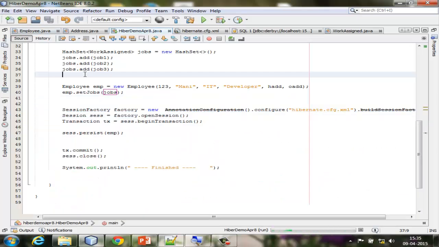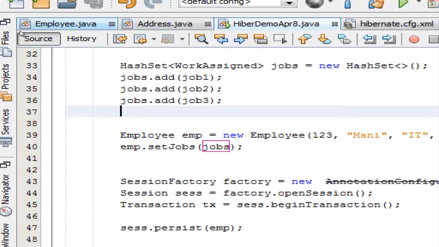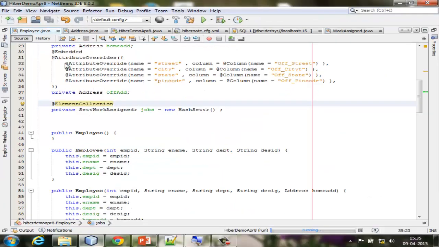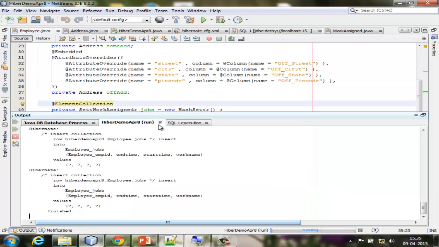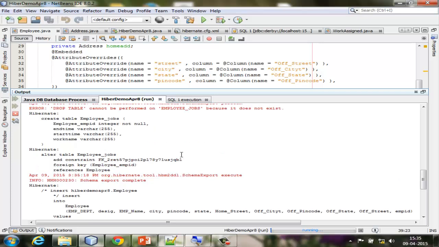So what I've done here is I have told it that this is an embeddable object, but unfortunately what I gave to Hibernate is not a single object, it was a collection. So what I'm saying to it is it's a collection, it's not a single object that I'm trying to give it for you. So take it as a collection. Now, if I give it as a collection, what does it do? If you notice here,